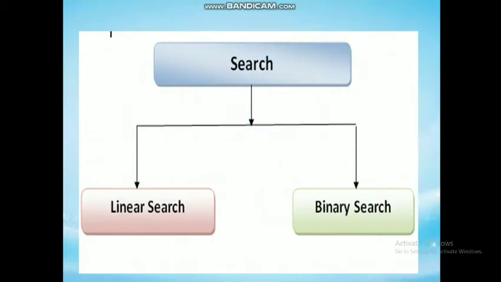In the last session we discussed searching, and there were two searches, that is linear search and binary search. We saw what the linear search method is, how it was able to search an element in an array. The coding also we saw, its working also we discussed. And the second type of searching is binary search. According to the latest syllabus, binary search was excluded, so I'm not explaining binary search in this video. Later on, if we have time, we will see binary search also.